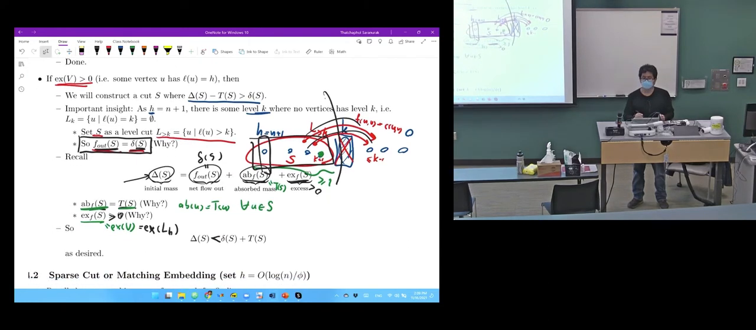Which is what we want. This is just saying that the cut size,